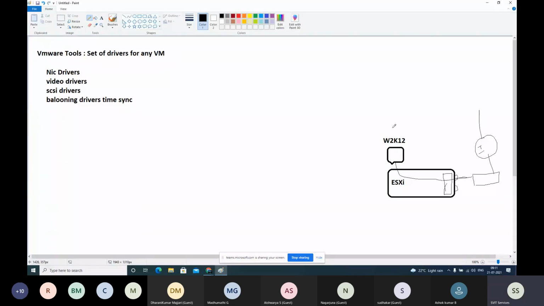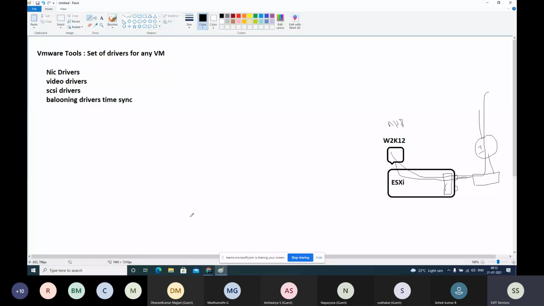Let's say your WhatsApp application is installed here, whatever the application, and you connect to your WhatsApp on your mobile, the connection will go from here to here. Even though the network card is connected here, the communication will not be good, as we saw the speaker does not work without drivers.